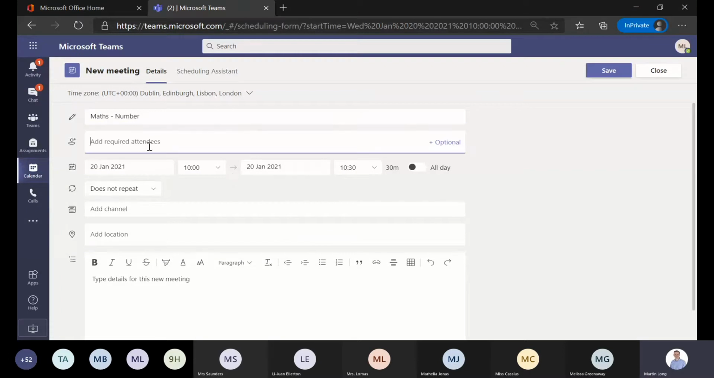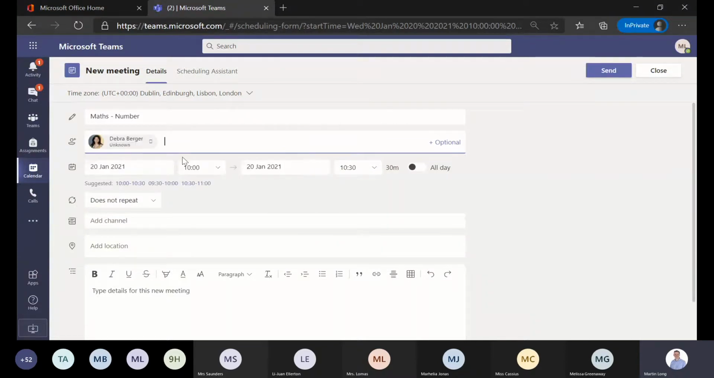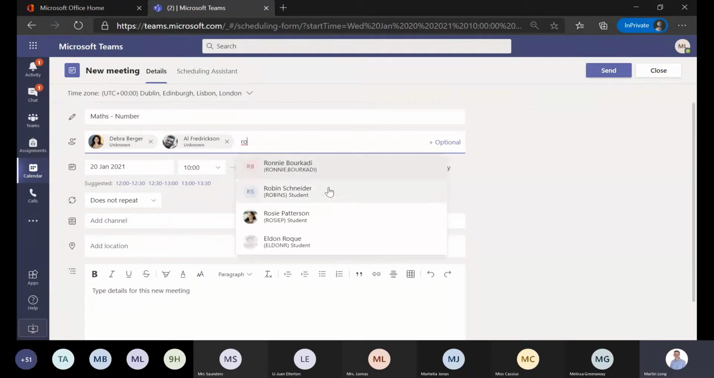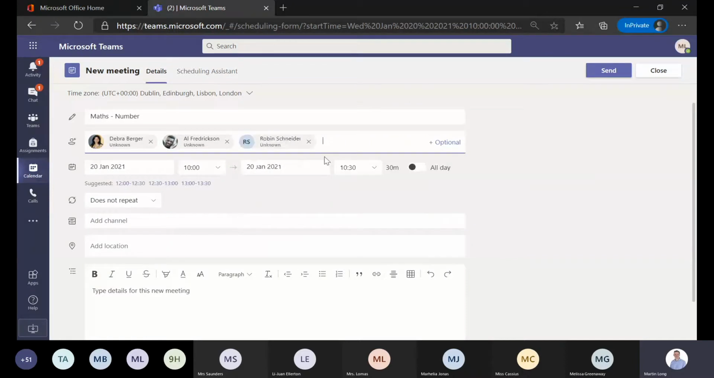In the attendees box, you can either enter everyone by their email address. So here's a colleague, Deborah, and I do want her to be there because she's the parallel year 4 teacher to myself. And then I might want to enter pupils. So I can enter pupils one by one. So I start typing names. It could be that there's Al, and there might be in here as well, Robin,